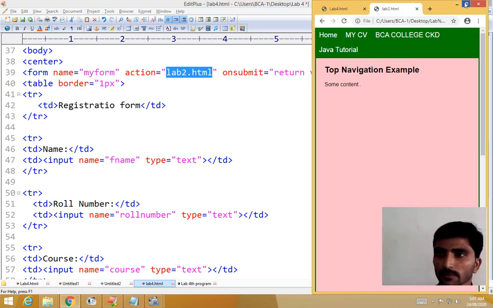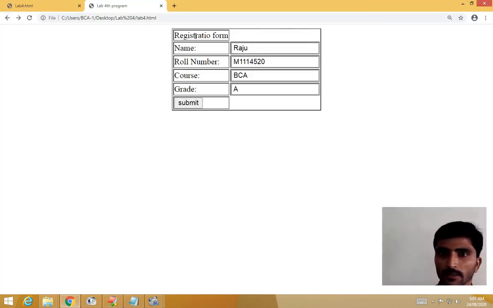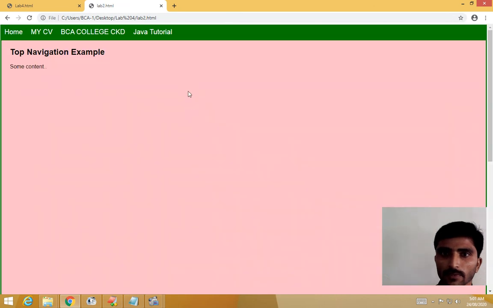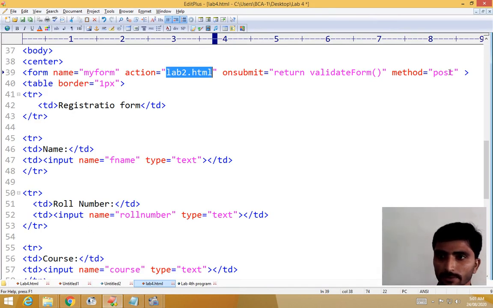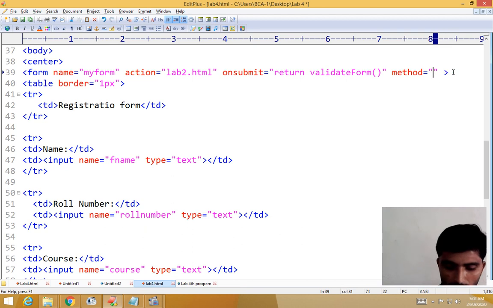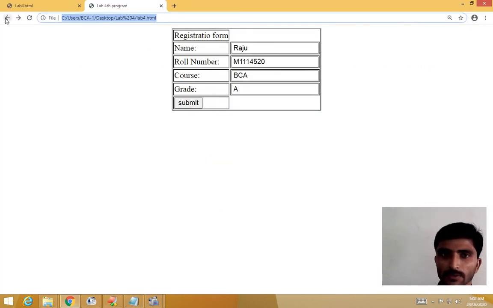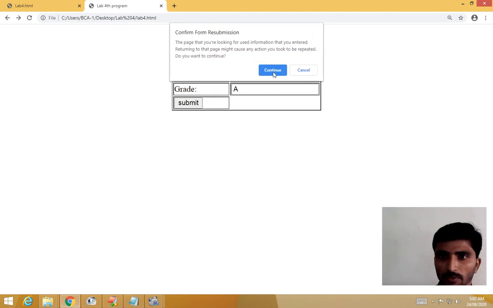Come back. When you click, see here, there are no values shown. If you give get here, there are already get and post methods. If you are using get, you will see the values. First you have to reload.